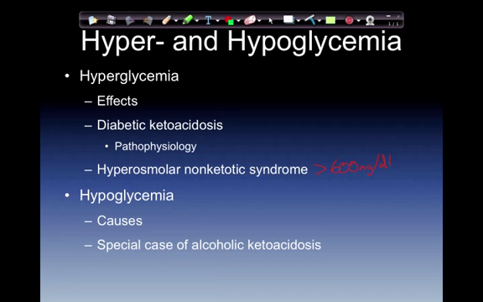Hypoglycemia, serum blood glucose levels less than 50 milligrams per deciliter. Causes of this, we frequently see this whenever the patient has a complication of their diabetic treatment. So they forgot to eat, they mismanaged their sliding scale, or misfigured their sliding scale and have overdosed themselves with an insulin dose without an ample supply of carbohydrates.